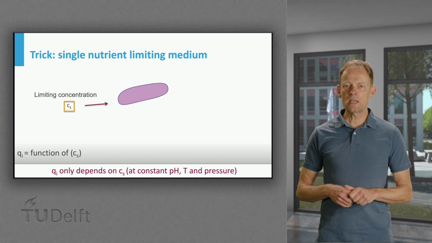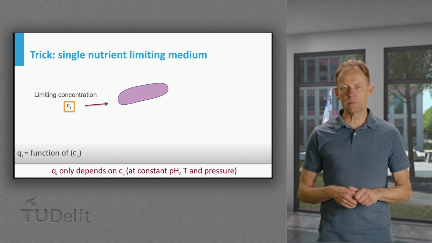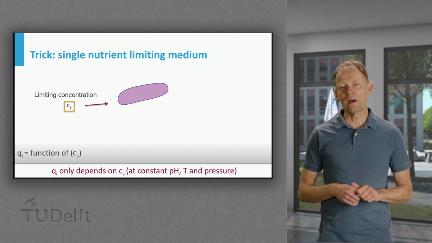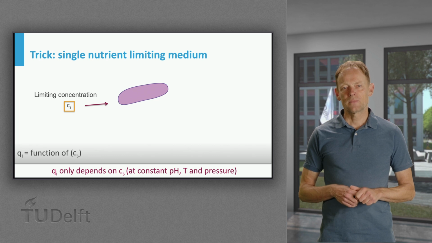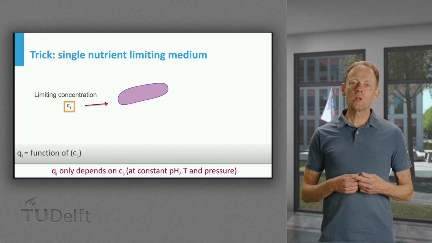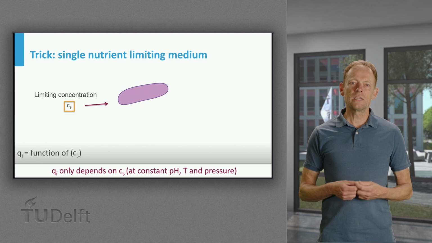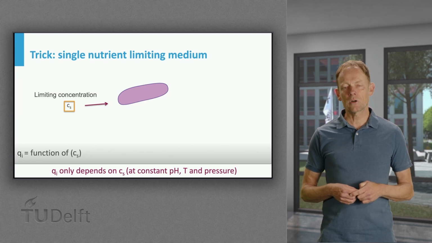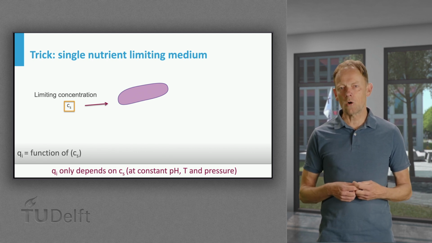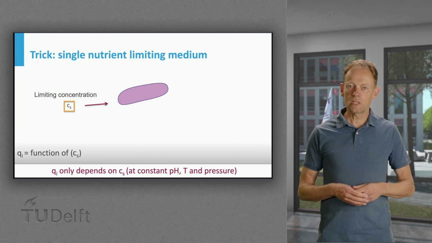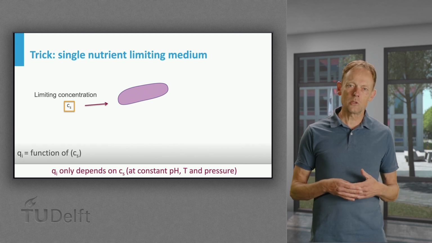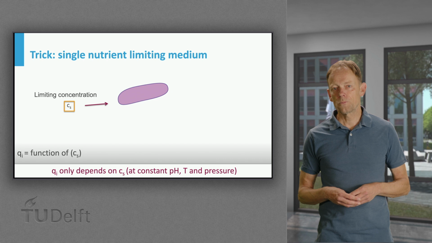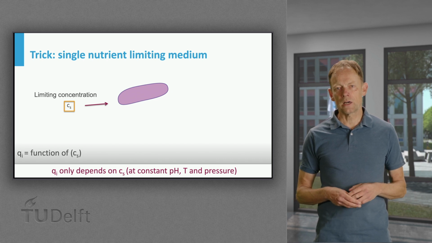This is due to the basic concept of the limiting substrate, a kind of magical trick. In the process, there will always be one key substrate that is limiting. For example, the glucose, ammonia or oxygen. And that results in an upper level of Qs, Qn or Qo. All the other compounds are in excess.